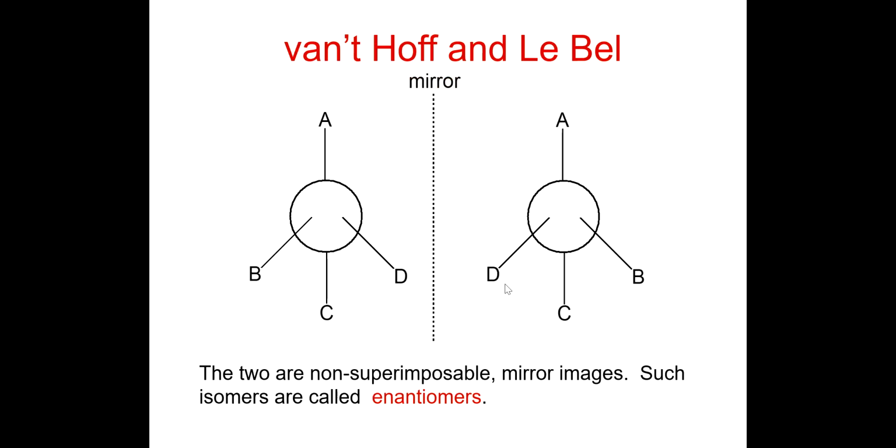Am I right? And this D is aligned with this A. So they are non-superimposable actually, right? Just like our left hand and right hand. So what do we call them? We call them enantiomers,